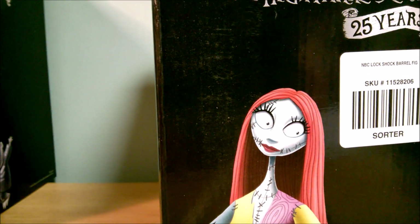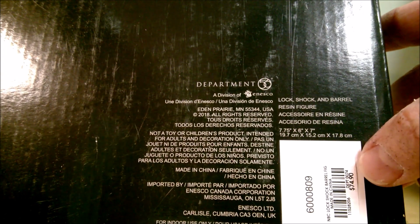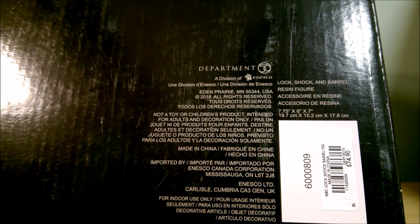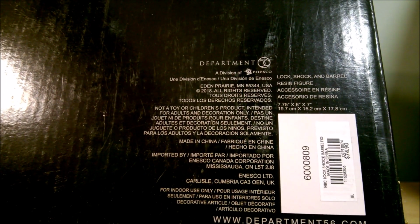Now these are a little on the pricier end. Oh, I think I got that from Hot Topic. This one says $74.90 on it. This is from Hot Topic, and I never pay full price at Hot Topic. I probably had a 30% off coupon and got it cheaper than that. But yeah, these are